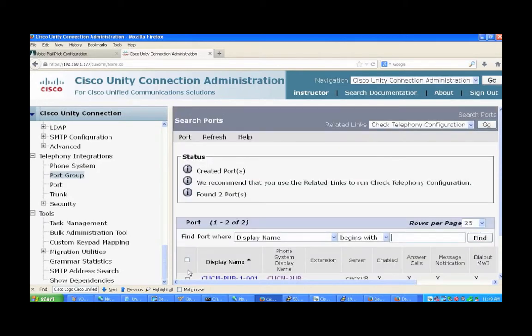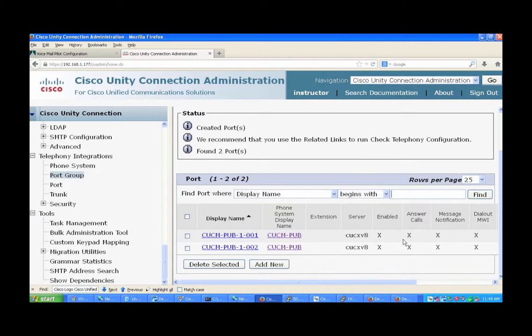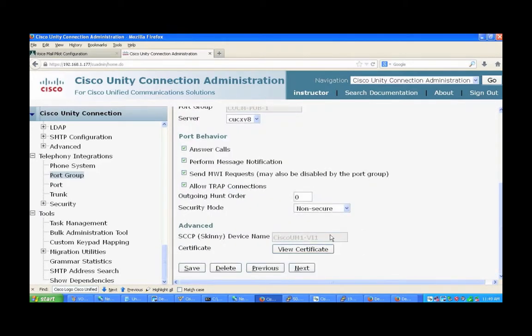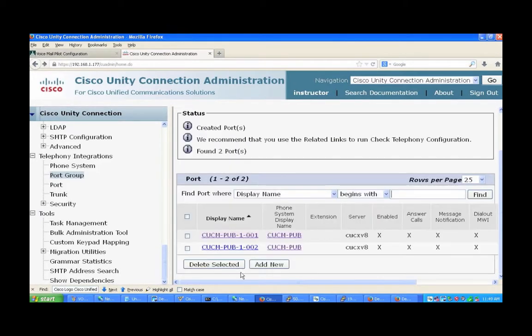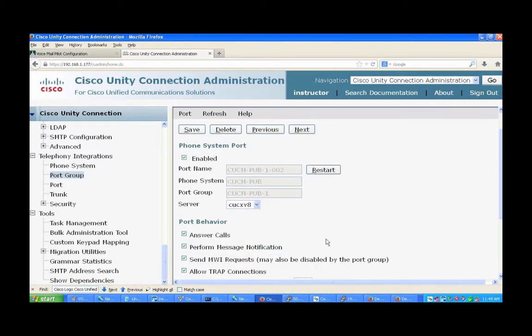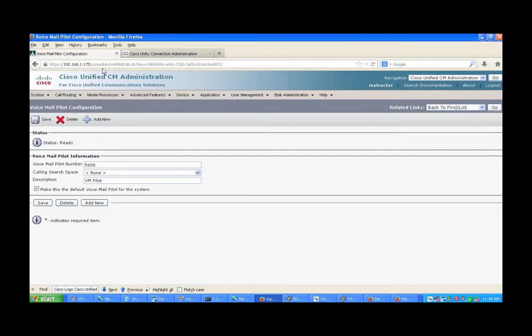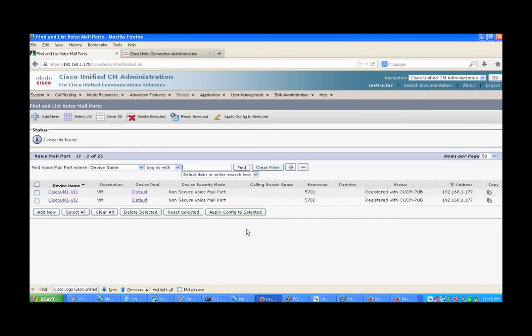Now that we have the 2 ports, we should be able to authenticate. Enabled, answer, message waiting, dial out. Now we've got the 2 ports. Each of these ports, if we go in and take a look at it, one of them is going to be for VI1. These are the things that have to match. VI2. Now if we go over to the system, we should be able to see whether or not we have synchronized. So voicemail ports registered with the